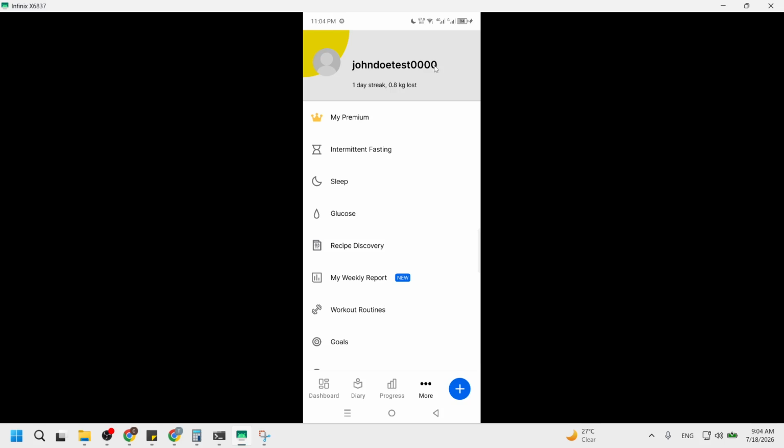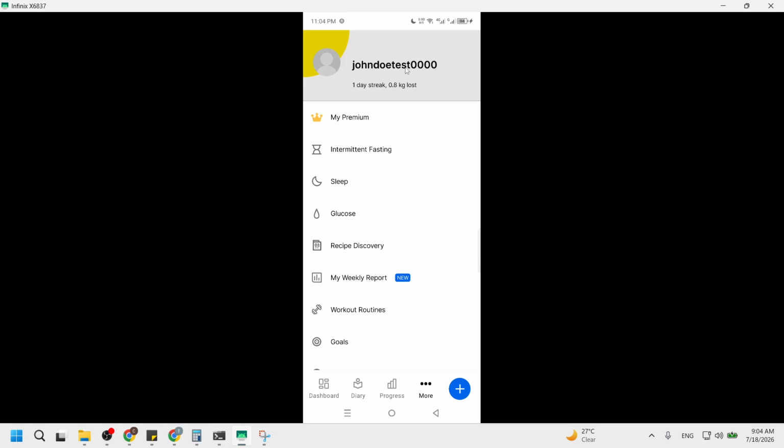Now look at the very top of the menu screen. Your username or ID is printed directly underneath your profile display name. This area is prominently displayed, making it easy to spot. The username or ID is vital for various functions within the app, such as connecting with friends or using specific features. Take a moment to note this information, as it will be useful for sharing with friends or for account recovery purposes. You can feel confident that you have successfully located your ID.